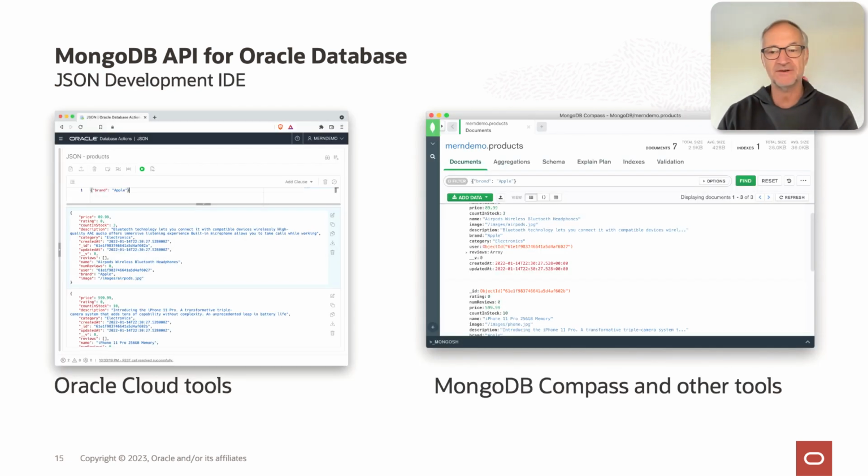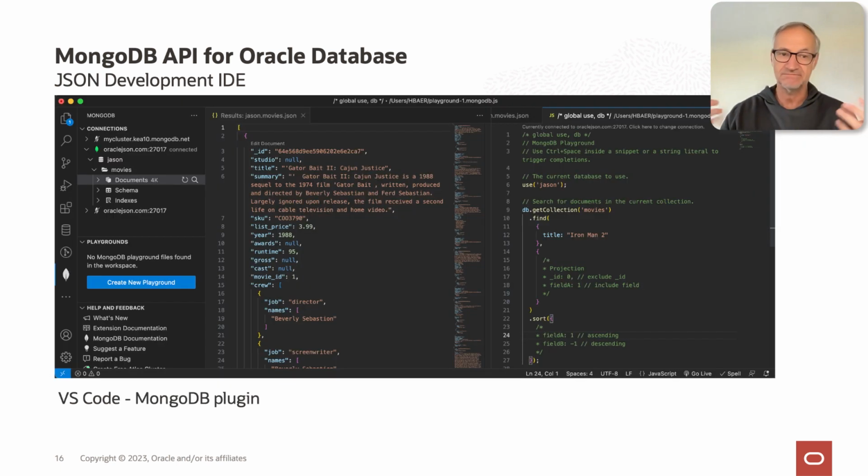The Oracle database has a specific JSON development IDE built, so you can use that in the Oracle Cloud tools, just as you use MongoDB Compass or other tools, right? Like use the VS Code MongoDB plugin to work against the Oracle database. I will briefly show that later on as well. So really, the data is the center of everything, and you work with the data, whatever interface is the best